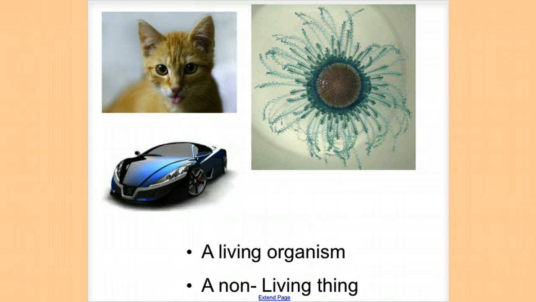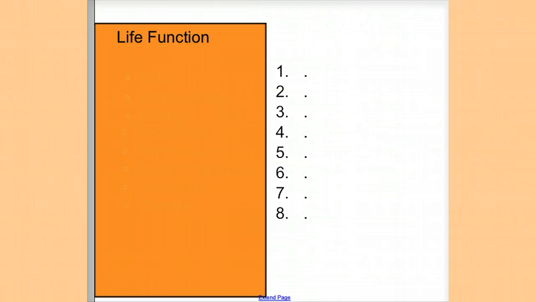For example, if you were walking on the beach and you find this object, how can you tell if it is a living organism or a non-living thing? Scientists who study living organisms just like us observe that all living things have 8 common functions. These are: